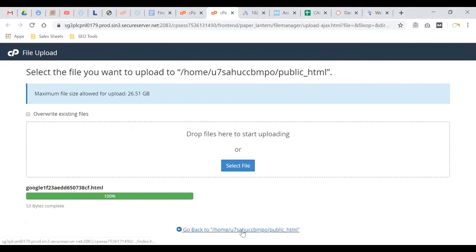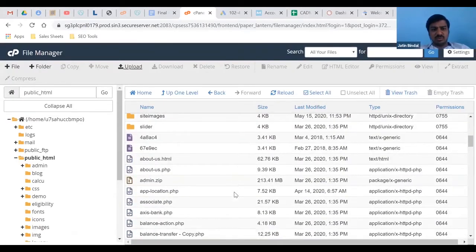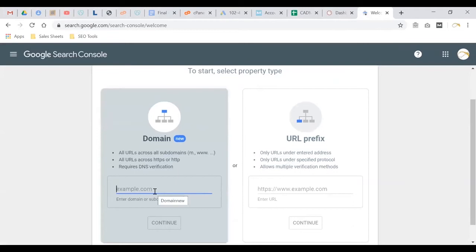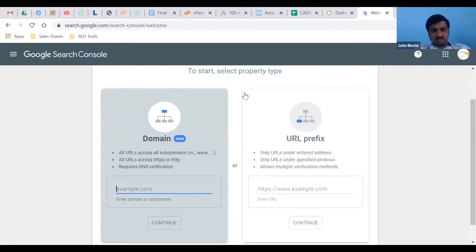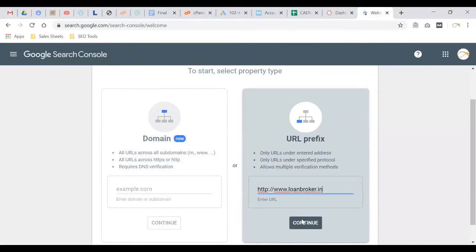Yeah. Go on Google Search Console. Okay. Where has that pop-up gone? Can you retype your website in the URL prefix again? Yeah. I had pressed done that time, so.